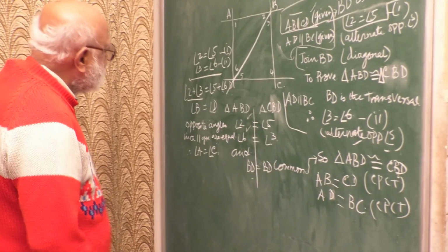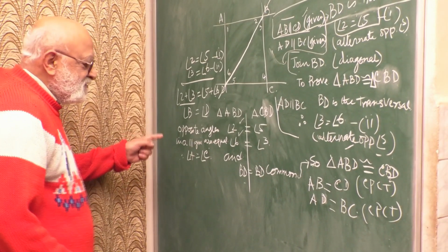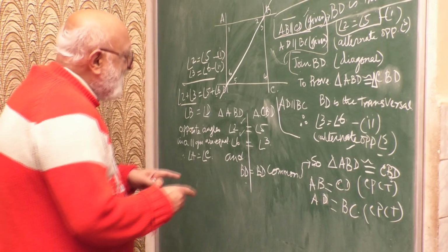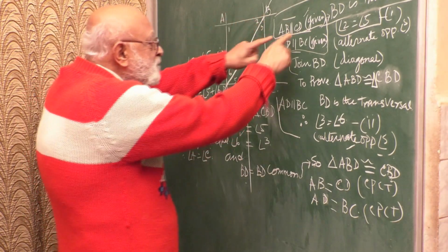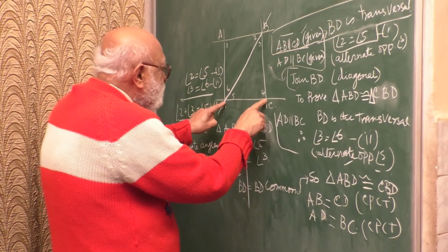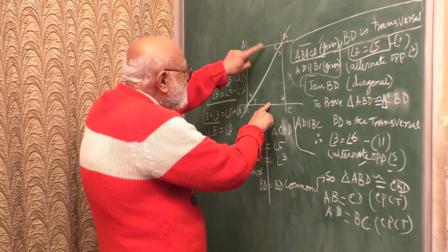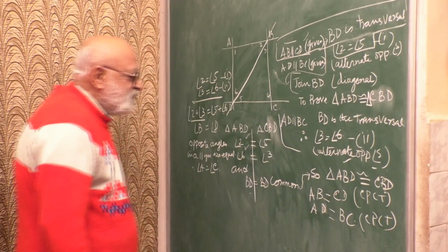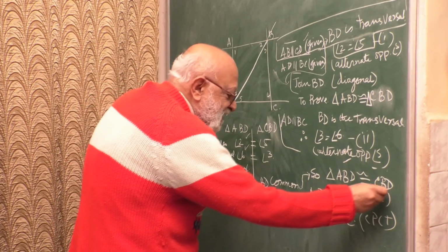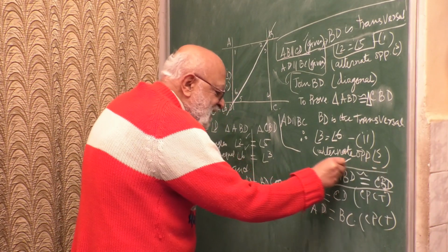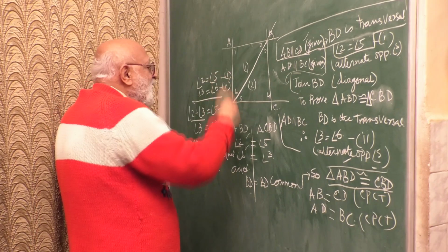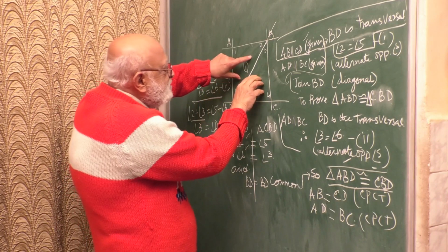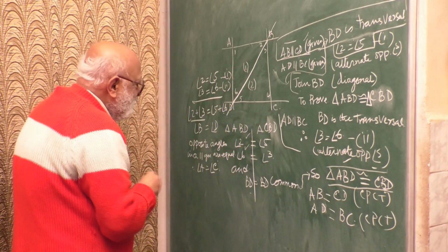On the basis of CPCT, what I have done, I have come here and I have proven that AB is not only parallel, but they are also equal. So the pair of opposite angles are equal. Similarly, this pair of opposite angles are equal. Now, what does this congruence further signify? This further signifies that triangle 1 and triangle 2 are totally equal,